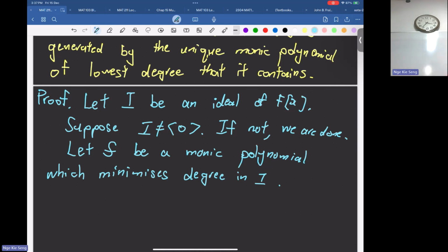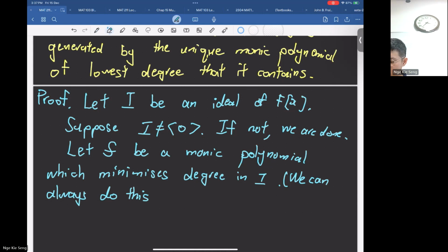So I can find the smallest degree. If it doesn't have leading coefficient 1, we can divide everything by the leading coefficient. In other words, I can multiply by the inverse. We can always do this